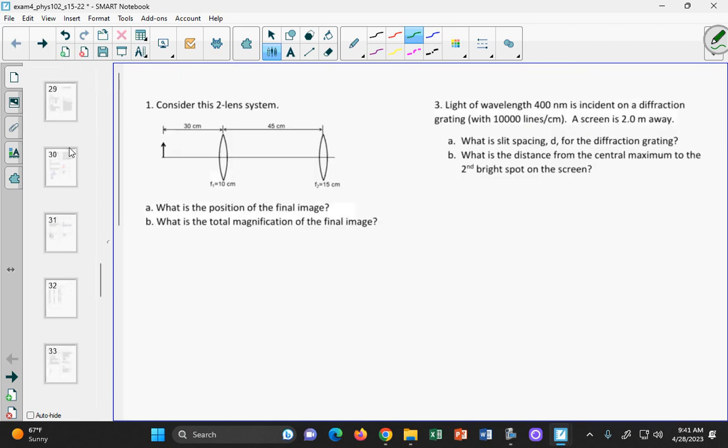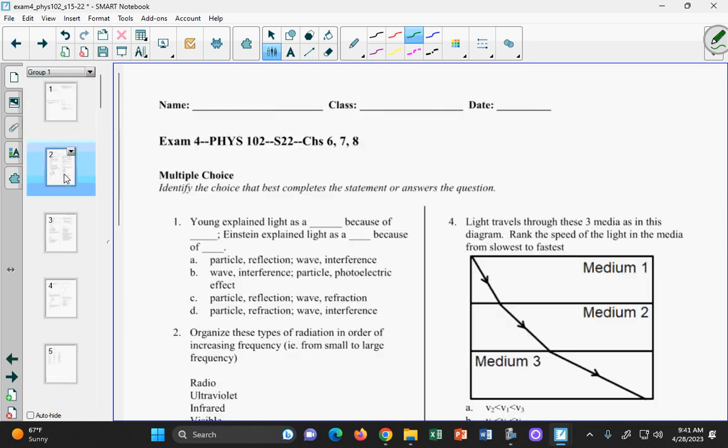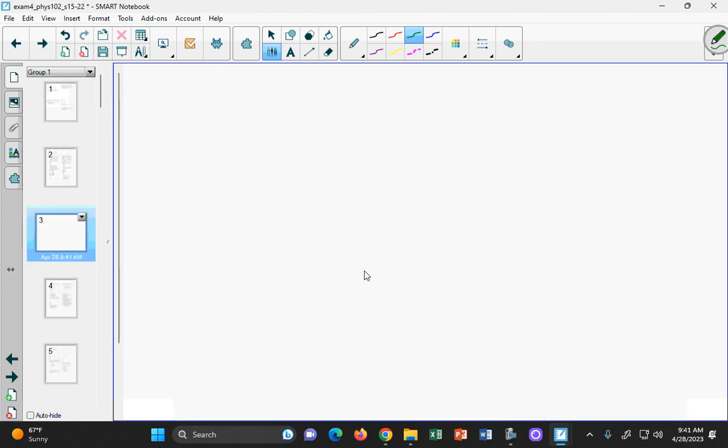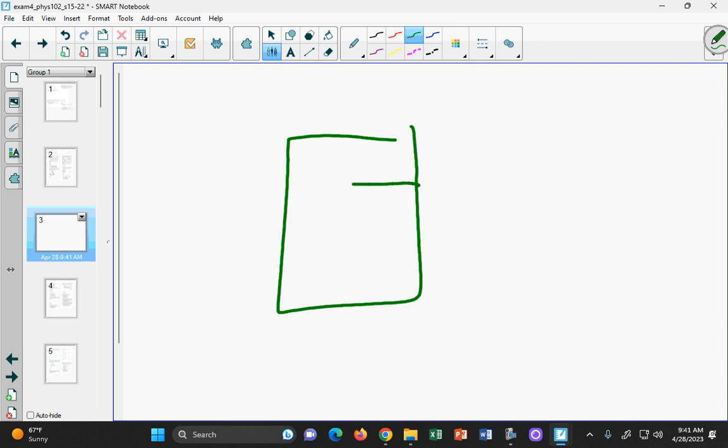Questions? I can just look through some of the exams. You're going to have something like this, where for your free response, I'm going to give you three media of different indices of refraction, and you'll need to first trace the rays properly as they go through. So let's just, I don't know, we'll just,